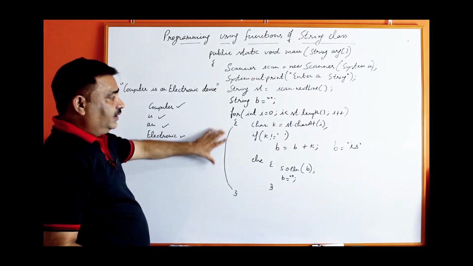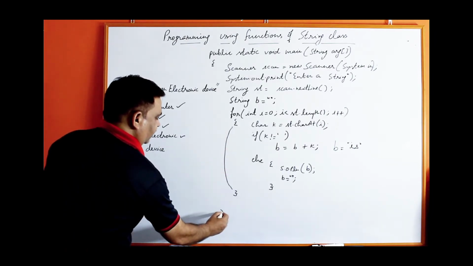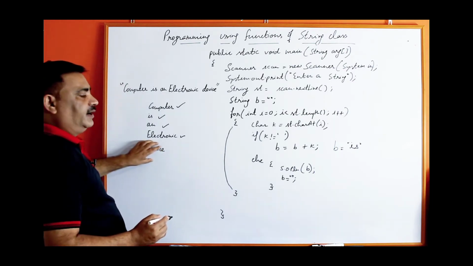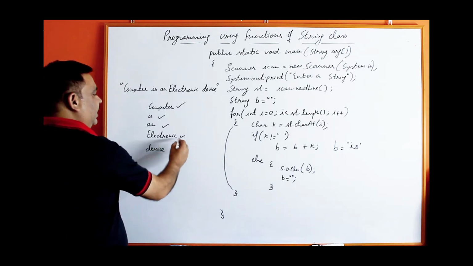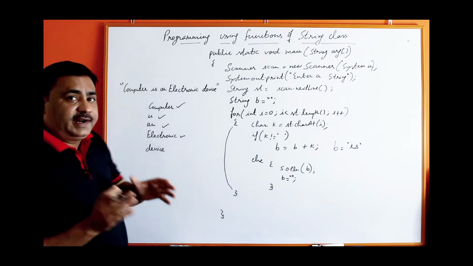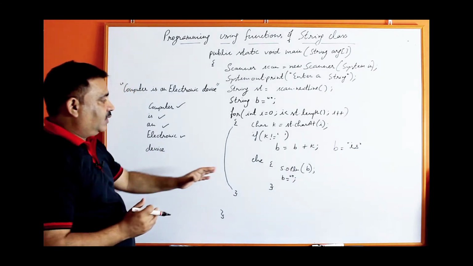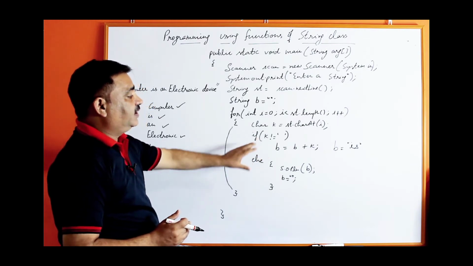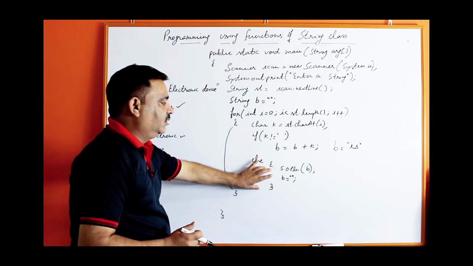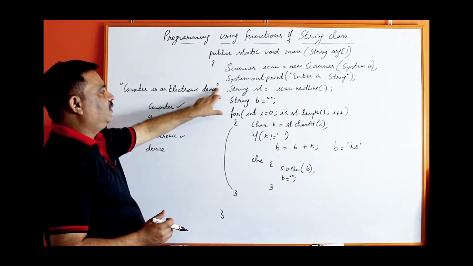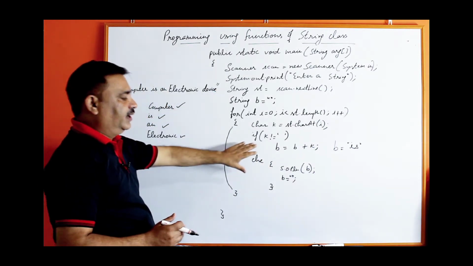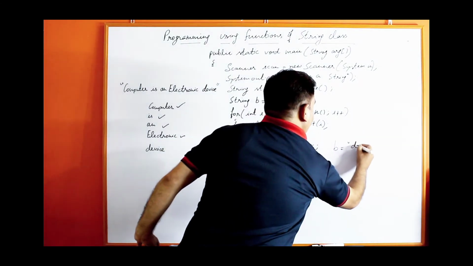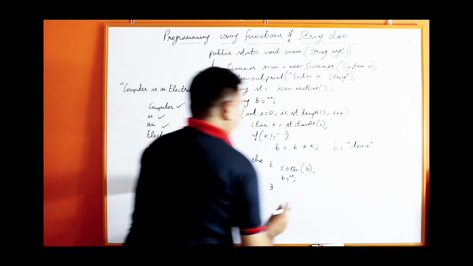But when you run this program after completion of the main function, the last word will not be printed; up to electronic it will print. Why will the last word not be printed here? Because we have put the condition: if it is not equal to space, join in b. If it is a space, then execute this block. So after device there is no space. So the last word will be formed in b, but it will not be printed within the loop.